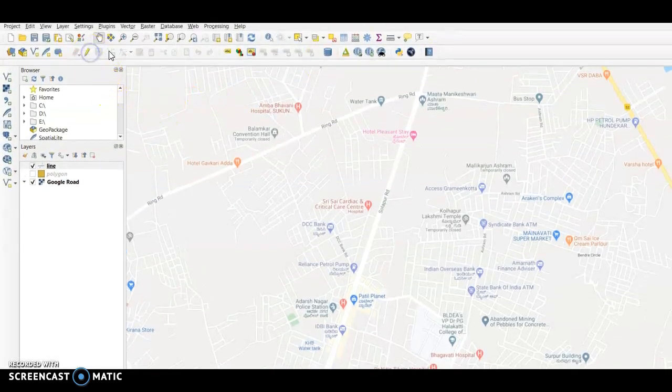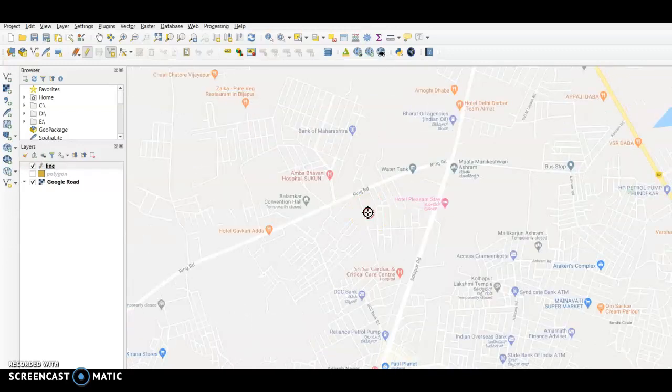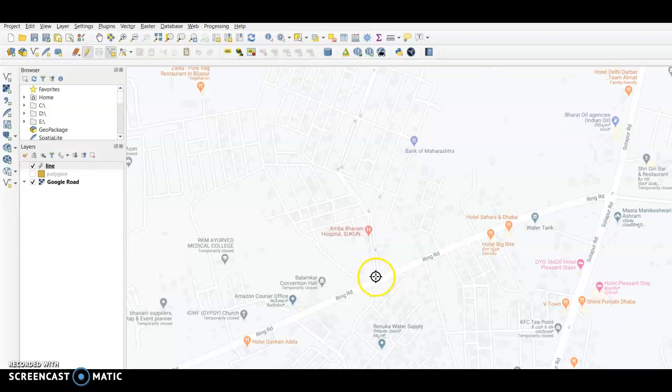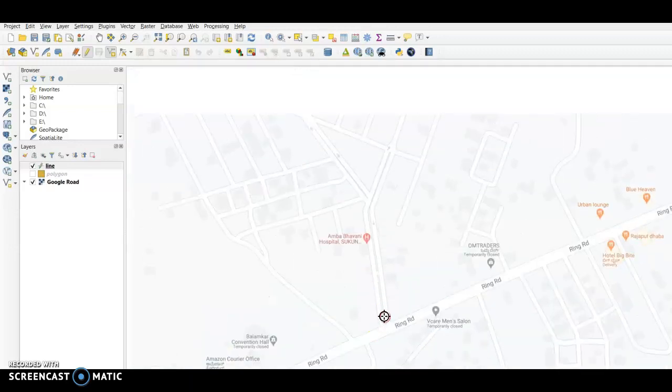Earlier this was of polygon shape, now this is line. Click on add line feature. Now you can go to this layout. Now what I'm supposed to do is I'll simply draw these lines.